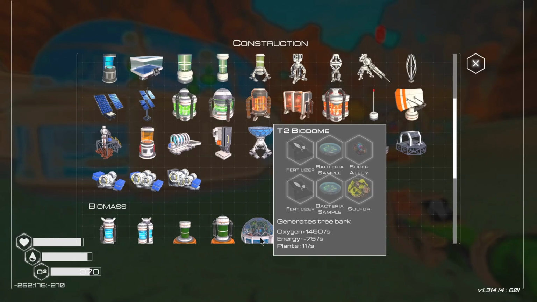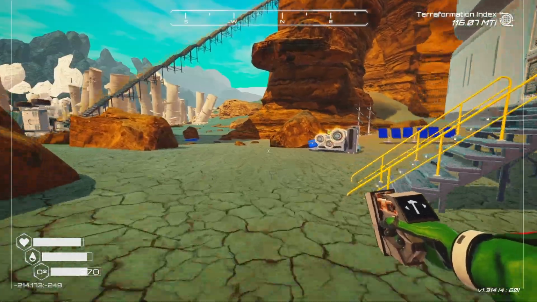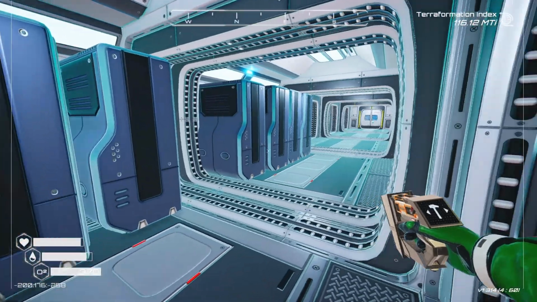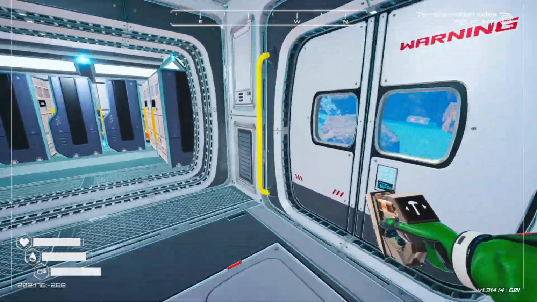I need 2 bacterial samples, 2 fertilizer, a super alloy, and sulfur. I also need a lot of power, but that's currently not a problem. I believe I have about 200 available. Yes, and I can make more of the tier 2 nuclear reactors, as you can see. As a matter of fact,